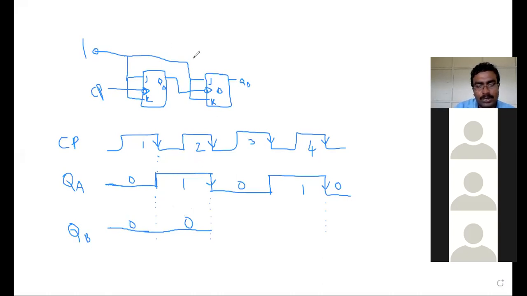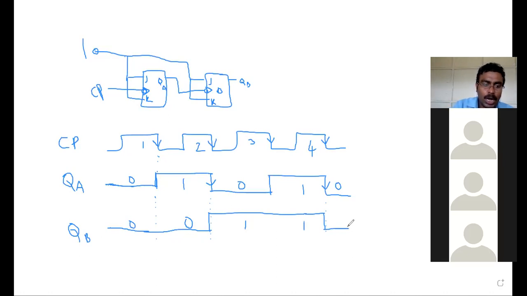Since the second flip-flop is also given an input 1, and your present state is 0 here, I will jump to 1. And that 1 will be continued till I reach my next negative edge. This is my next negative edge. So I'm going to shift again using the toggle state here, and that will continue. So this is how your QB is generated, students.